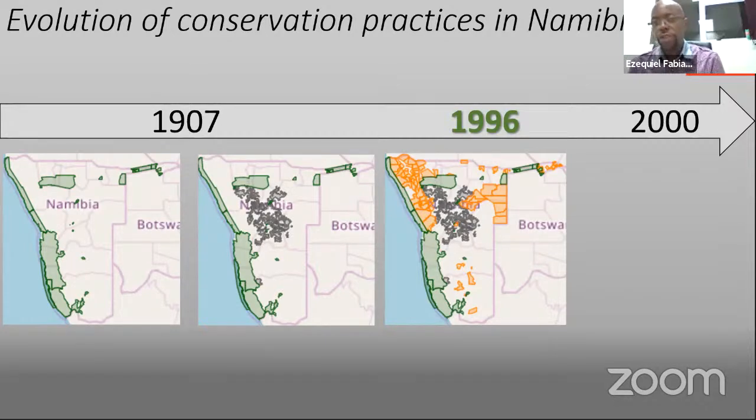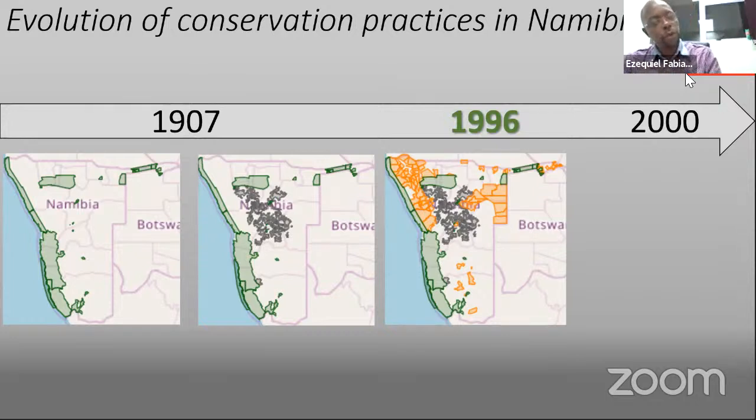Now, communal conservancies are very similar to commercial conservancies, in the sense that, for example, they have to have a constitution, they have to have a monitoring system in terms of their game and their management, and they have to have reports on an annual basis that are then submitted to the Ministry of Environment and Tourism. And it's on the basis of this wildlife monitoring, for example, that they can set quotas for conservation hunting or harvesting of resources.